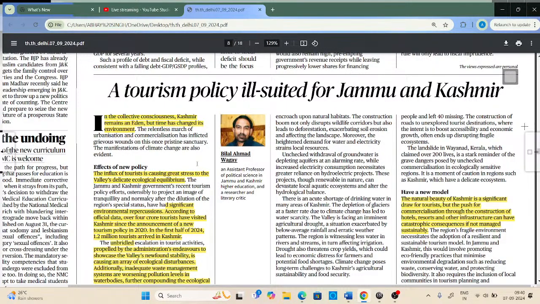Now, a tourism policy ill-suited for Jammu and Kashmir. So, after the abrogation of Article 370, as we have discussed a lot many times, on 5th of August 2019, a new tourism policy was introduced in Jammu and Kashmir in 2020. But after the introduction of this new policy in 2020, the situation is not so good in Jammu and